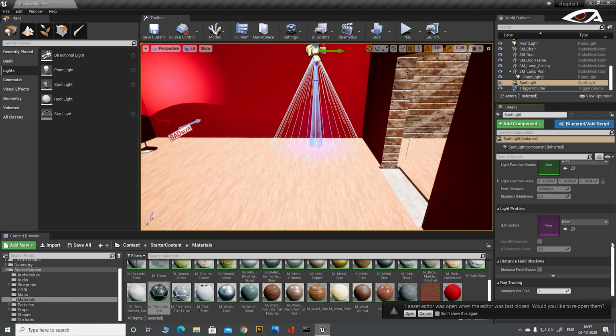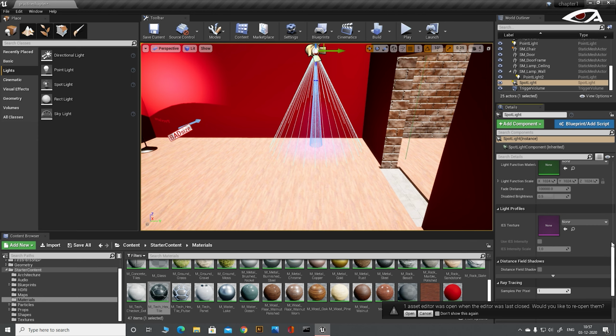So select the spotlight we have on the screen, go to details, scroll down, and it shows the light profile of the light. Then go to the content browser, go to the IES folder where we have just imported the light profile, click the profile and drag and drop onto the IES texture of the spotlight. Now we have the spotlight with intensity, attenuation radius, outer angle, inner angle and so on. As you are noticing, the spread of light in the spotlight is reduced. It becomes more sharp and specific. So it is very useful to use an IES file.